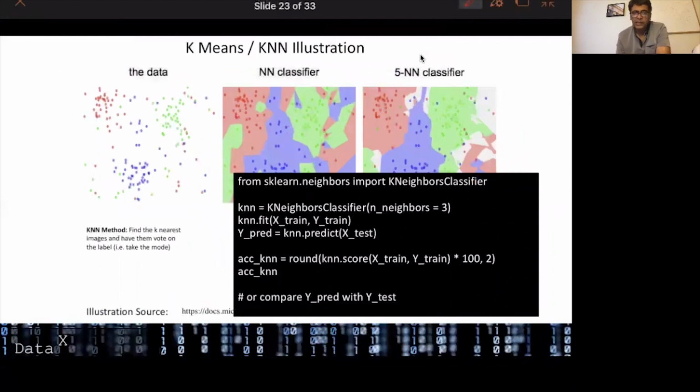Same thing, you should see the pattern now. It's basically, we're going to import the right code, the library from scikit-learn, and we're going to create the model, instantiate the model, K and N. In this case, we're choosing the parameter 3, so it's K nearest neighbor 3, 3 and n. The fit